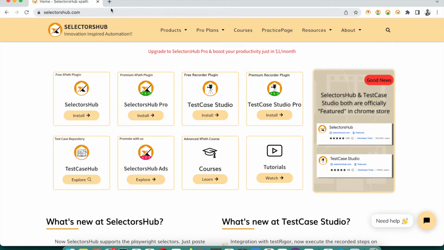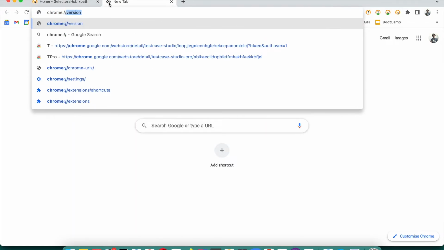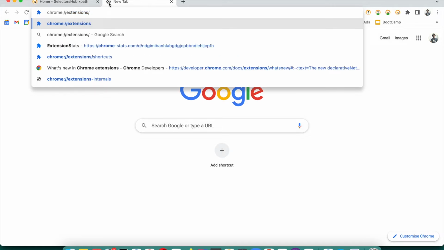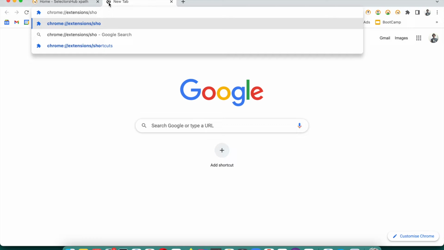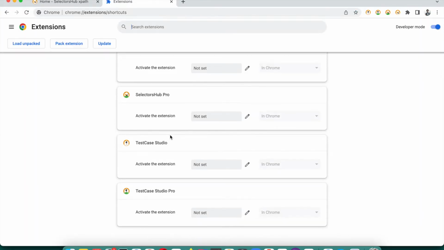Just go to your browser, open a new tab. Here type chrome colon double forward slash extension. I will give this link in the description, and then shortcuts. So this is the one. Here it will list all the extensions installed on your browser. So suppose we want to set it for TestCase Studio, what you will have to do is click on this